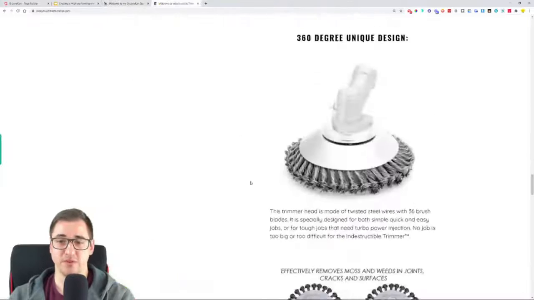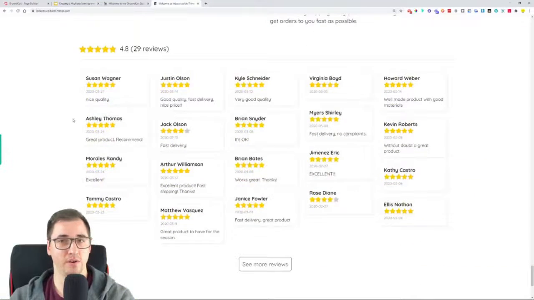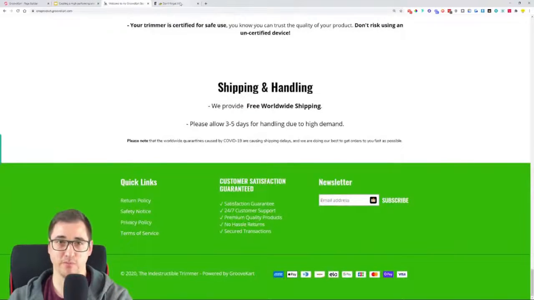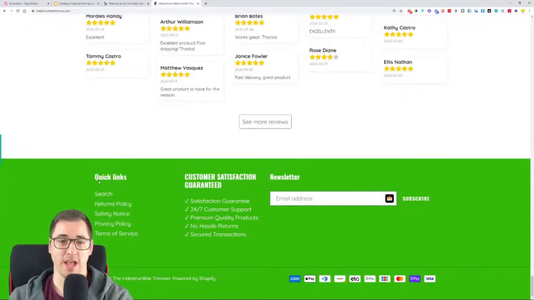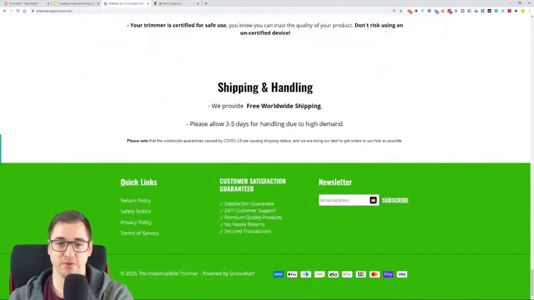Also, the footer, if we scroll down to the bottom of the page. On the home page, we don't have the option to add reviews in GrooveKart, but we have the option to modify our own footer. And in this case, I tried to make it look almost identical with the tools that we have available. So we have the quick links over here, customer satisfaction guarantee, newsletter, and then the legal pages and